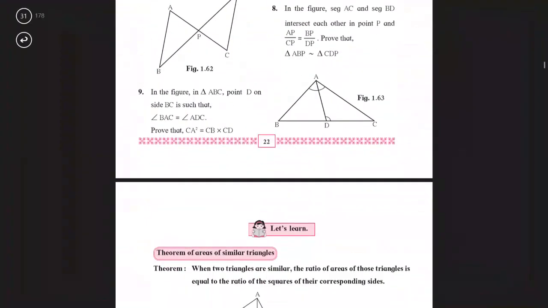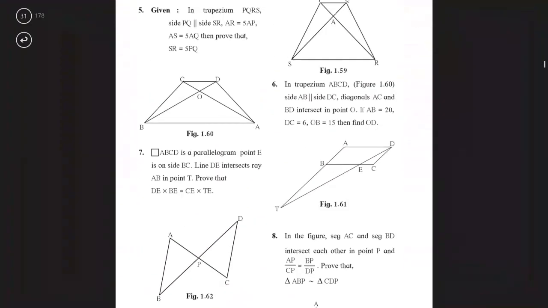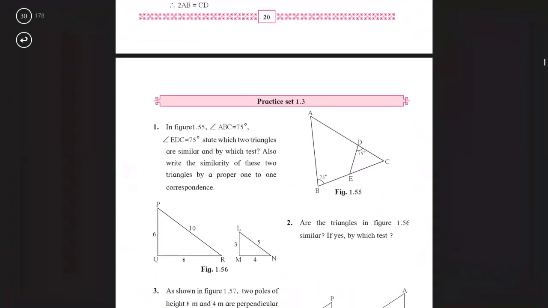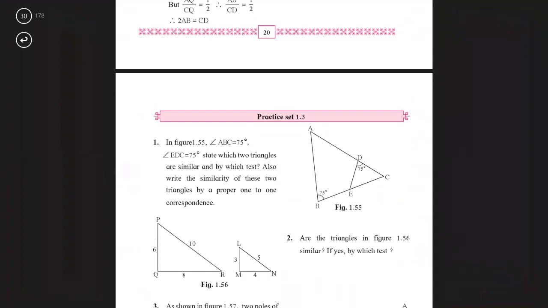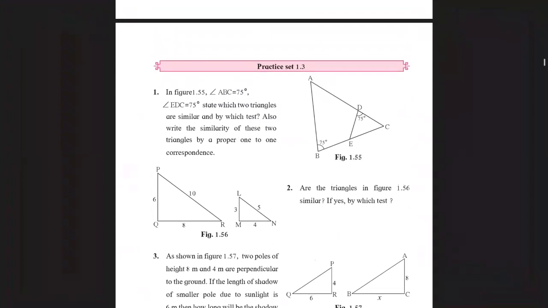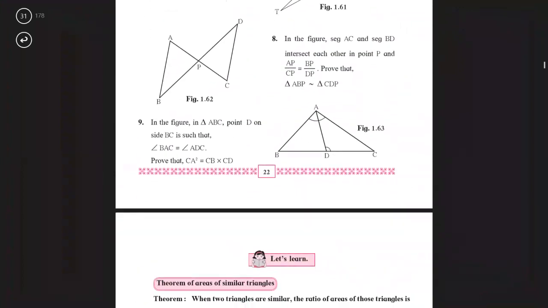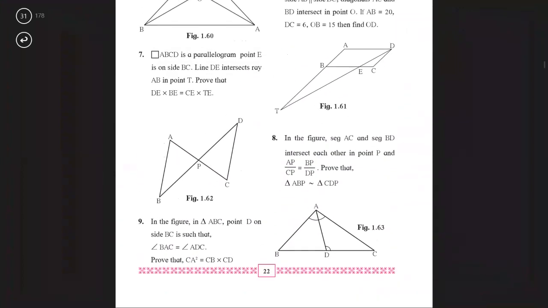That means we finished with all the questions in this exercise 1.3. Okay. So the third exercise basically dealt with what is similarity of triangles, what are the conditions for similarity of triangles. You had 3 tests, AA, SAS and SSS. Okay. Now understand this, learn it properly, and then you will do all these questions in exercise 1.3. So that's for today, children.